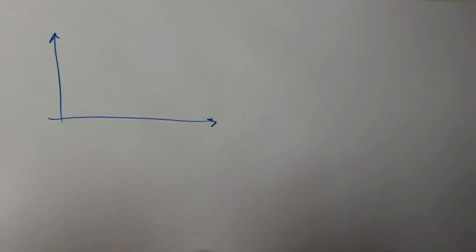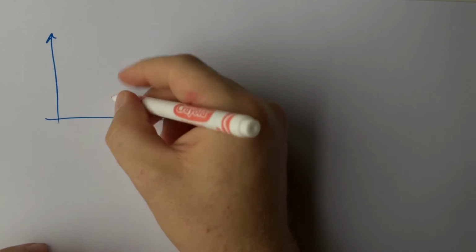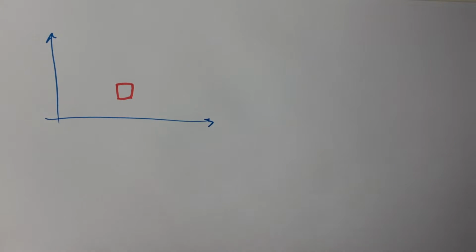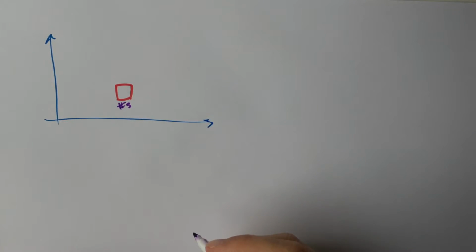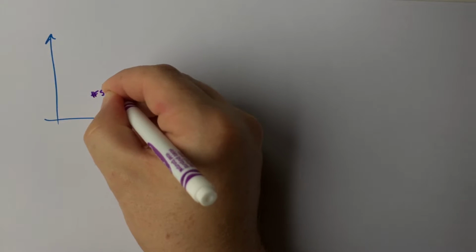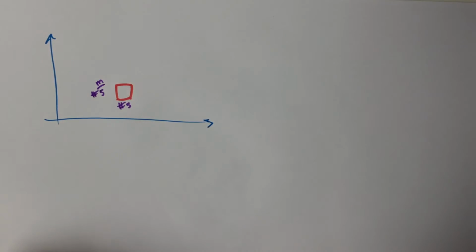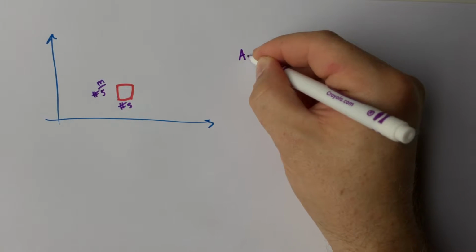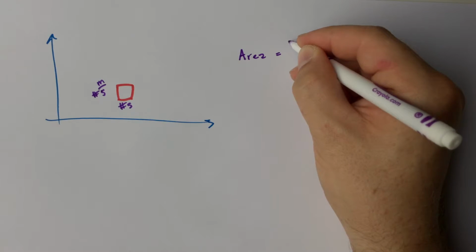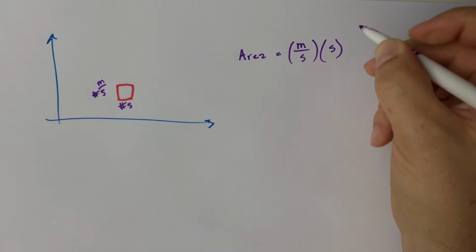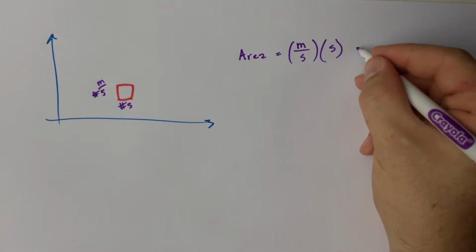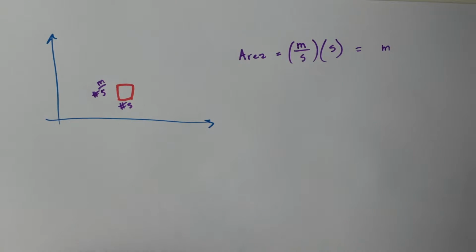each little square inside this graph would have measurements of some number of seconds and some number of meters per second. And when we multiply meters per second, so the area would equal units of meters per second times units of seconds, base times height, we would get units of meters. So that would be the distance. All right. Now,